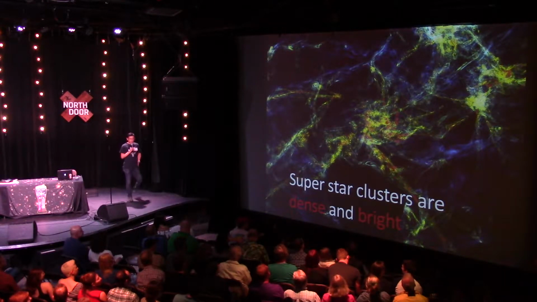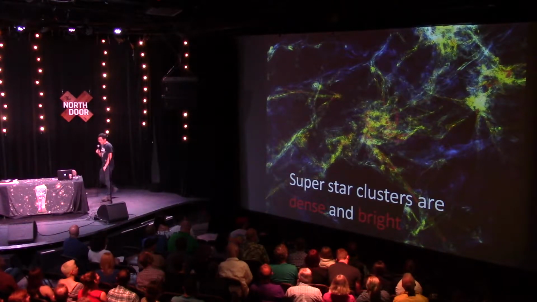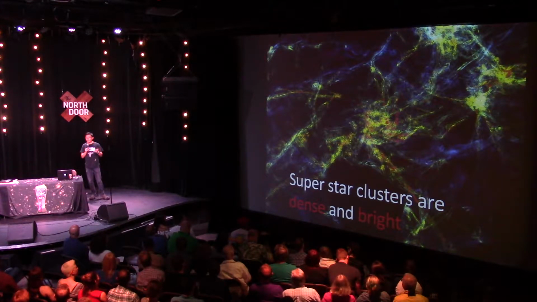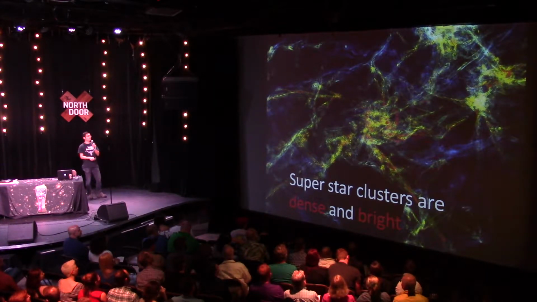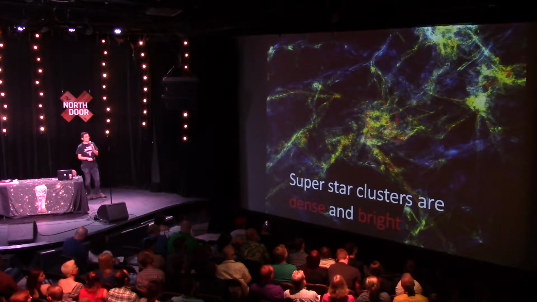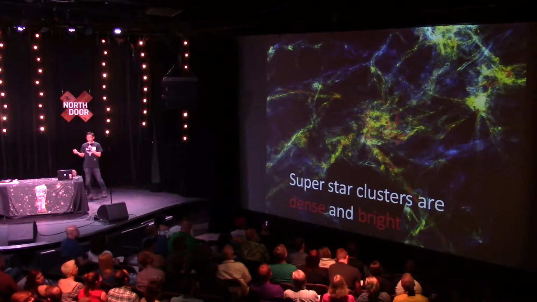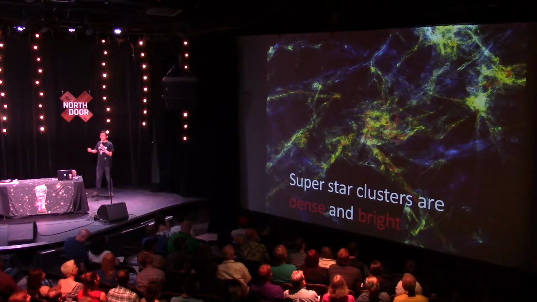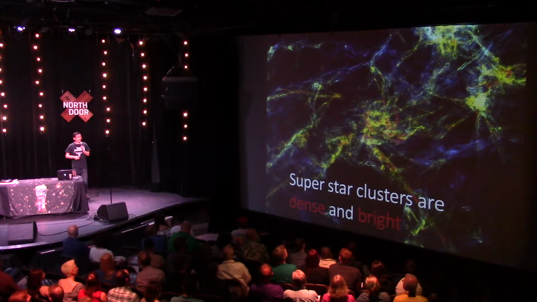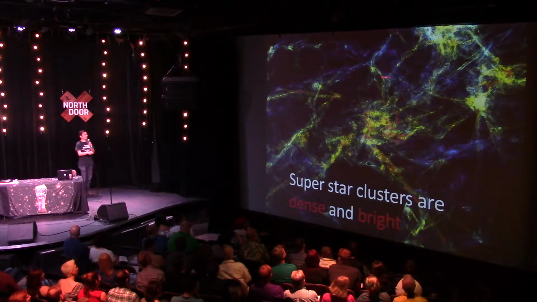So this talk will be mainly about superstar clusters. The main idea that I want to get across is they are extremely dense and they are extremely bright. As you can see from this image, I'm showing the gas density at the very core of a forming star cluster, in particular, a forming superstar cluster. They have masses a million times the sun, and they are extremely compact. In here, it is about 2 or 3 light years across, and we have a lot of stars.